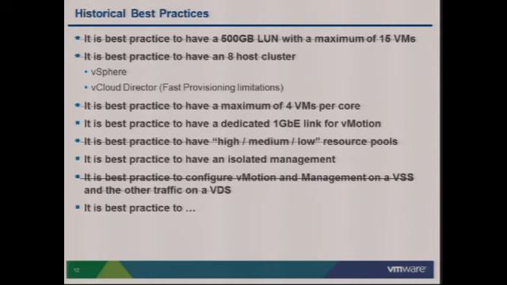And this, without wanting to reference too much back to the VCDX side of things, is a key thing we do and we look for. Don't blindly trust a best practice because it may not fit your scenario. A prime example that's been a pet hate of mine for many years is that a 500 gig LUN is the best size and you should only have 15 VMs per LUN. If 5 of my 15 VMs require 2,000 IOPS, how likely is that going to be met with a bog standard RAID 5 LUN? Probably not very well.